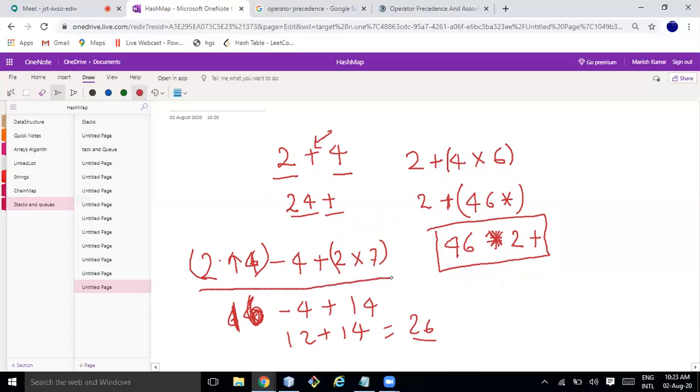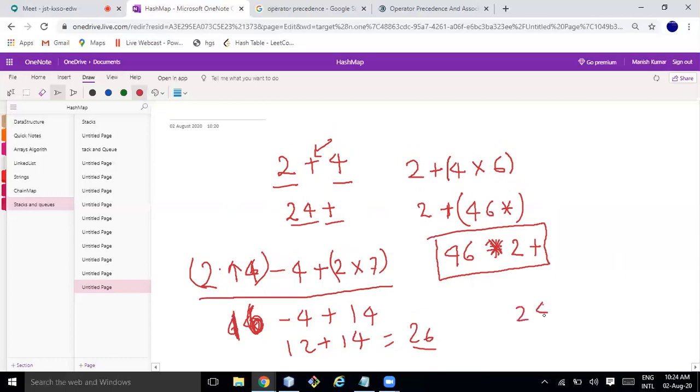But how can you convert this to postfix expression? As a human I can still do it. How will I do it? I'll check, yeah, 2 to the power 4, I need to convert. So I'll write 2 4 power. Let me keep this minus 4 plus, and I'll convert 2 7 into also.